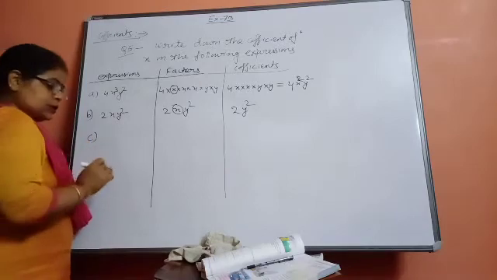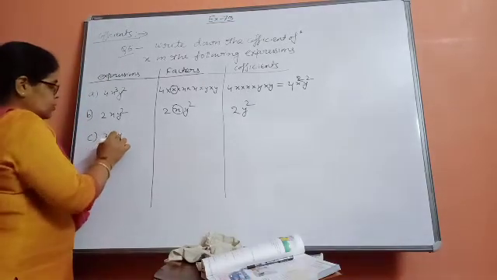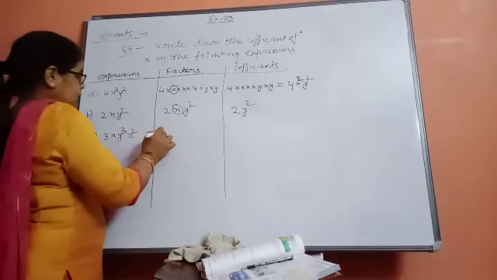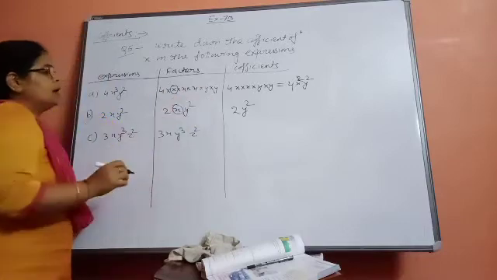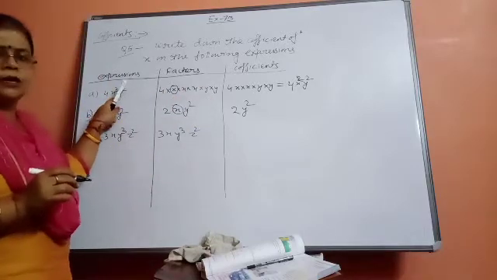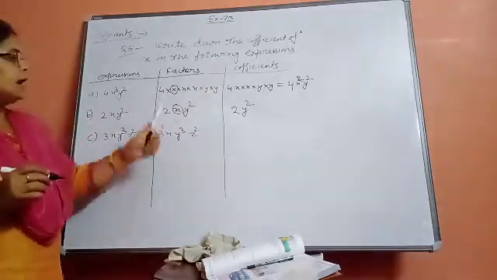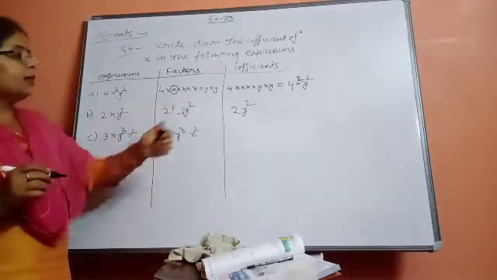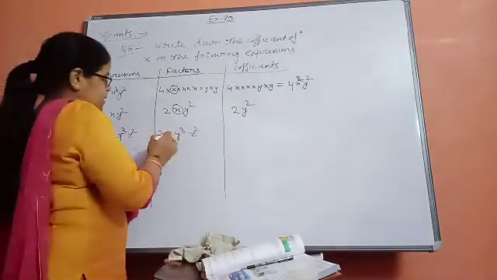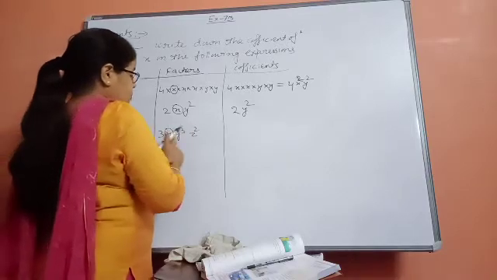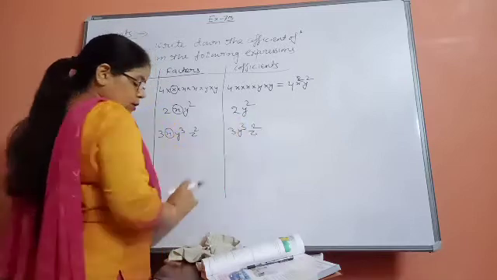See now C part of the question, 3xy cube z square, 3xy cube or z square. So write 3x, y cube or z square. Why have I written in this way here? Because here 3 times x was there. Okay, so without writing them in terms of the factors, I can't write it in this way. But here only one x is there, so you just circle it and the rest of the terms will be the coefficient. 3y cube or z square. This will be your answer.